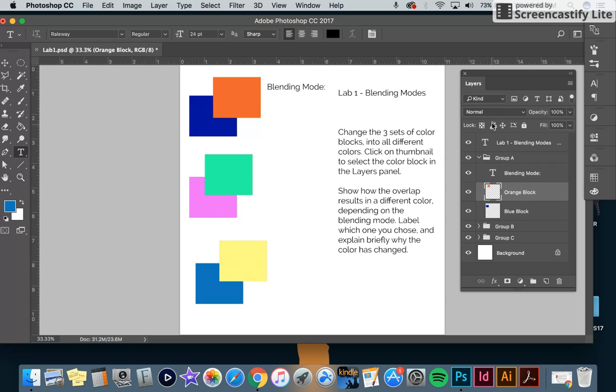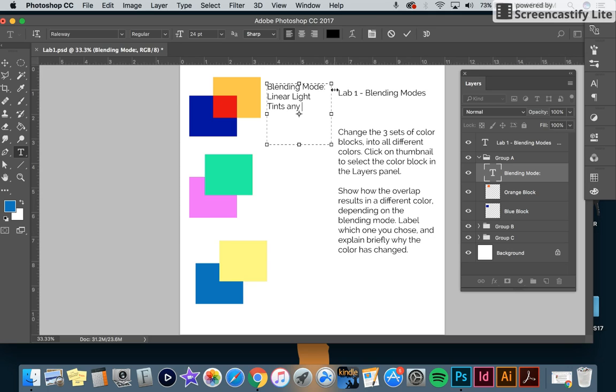Blending mode. What was that blending mode I chose that looked so cool? I think it was linear light. Yeah. All right. Linear light. I'm going to take this text box and move it down into this. Whoops. This is the text box. Yeah, I'm going to keep this text box in this group. So blending mode is linear light. And what it does is it basically tints